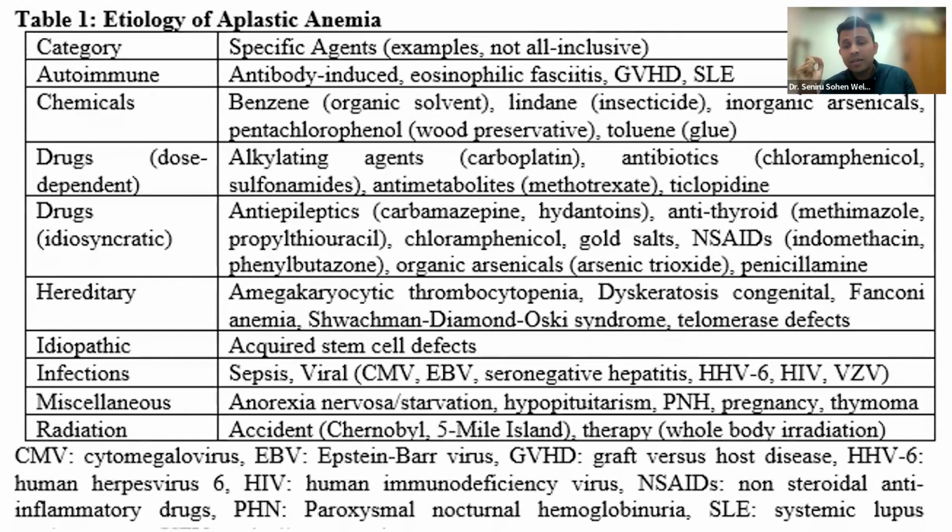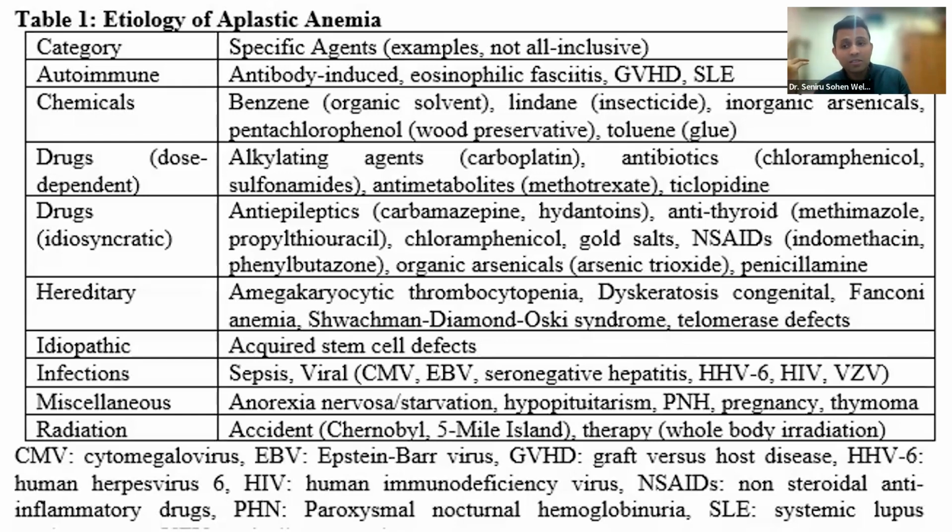Aplastic anemia means there's a bone marrow failure due to hypoplasia or aplasia of the precursor cells in the bone marrow. That does not mean the bone marrow cells are absent, but that there are reduced numbers or absolutely no numbers of the precursor cells. For that, the bone marrow has to be otherwise healthy. There should not be any fibrosis in the bone marrow, there should not be any infiltration by any other substances in the bone marrow, and there should not be any